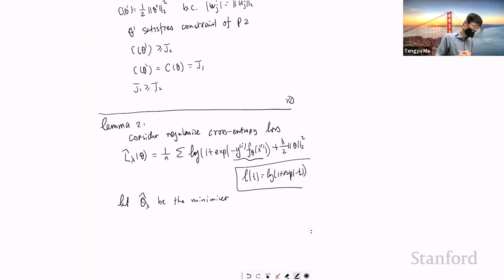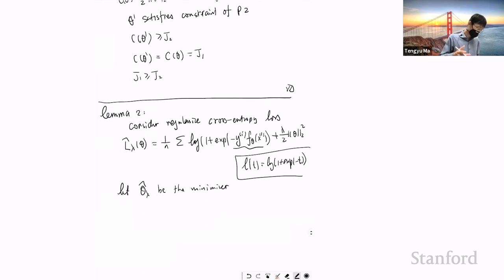I'm going to claim that for small enough lambda, theta hat lambda is basically doing the same thing as the max margin solution. But there is a small thing that I have to deal with, which is the norm, because the max margin solution needs a norm. Basically you need to care about the ratio between the margin and the norm. So that's why my statement is